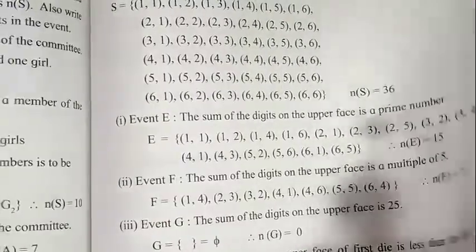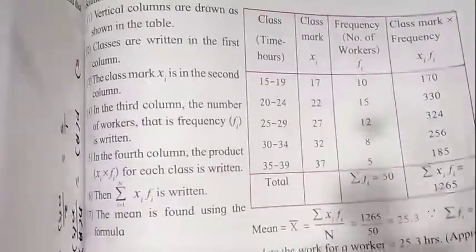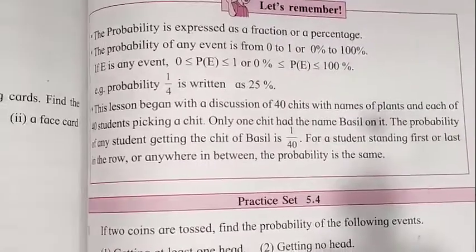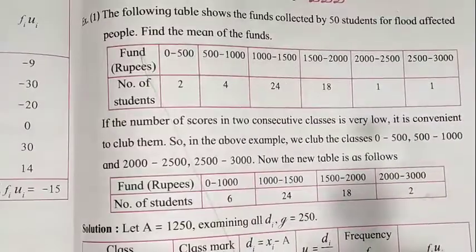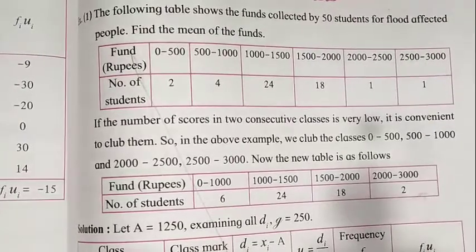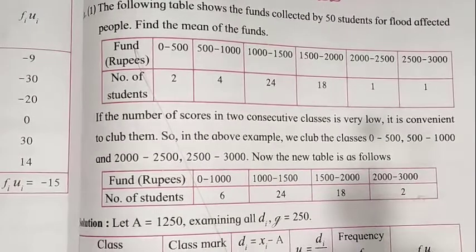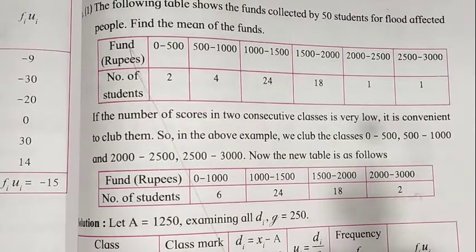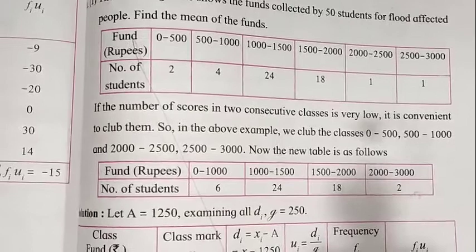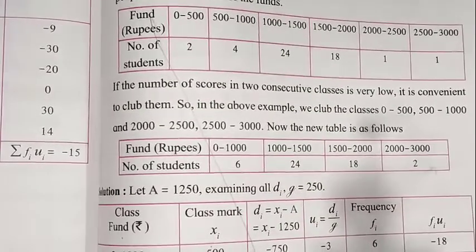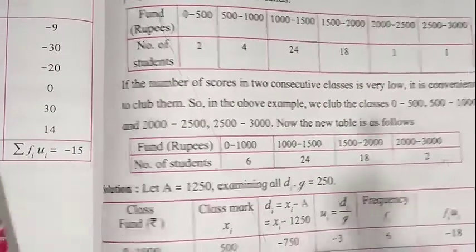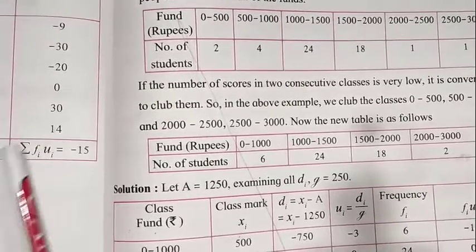Next chapter is statistics. Statistics is completely omitted for this year. Statistics chapter is completely omitted. So you have only 4 chapters which I gave you for your first revision, first objective type questions, assignments, what I gave you to complete and submit for internal assessment